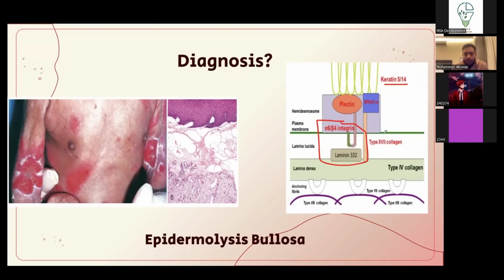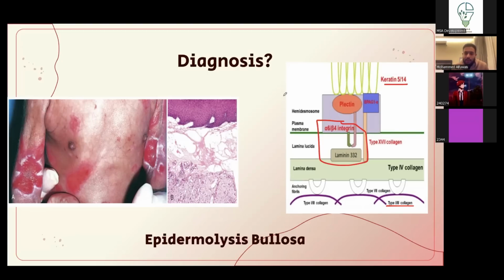Why do I say that this is junctional? Because this is the epidermis, this is the dermis. Between them, it's a junction. So, junctional type. And then you have the dystrophic type, which is going to affect type 7 collagen, sorry. Anyways, this disease is usually more severe. The patients would be very sick. I think the trigger here is medication. But yeah, it's more severe and it's an inherited defect in one of these